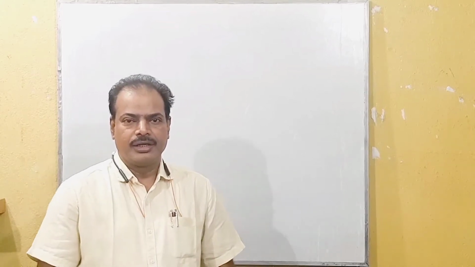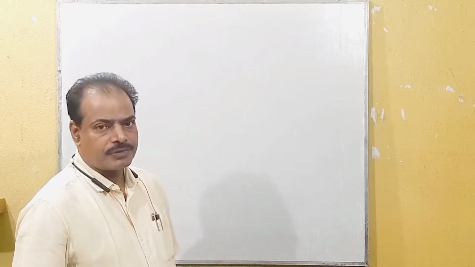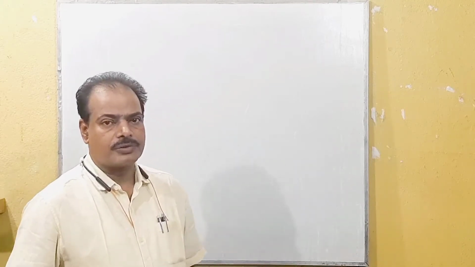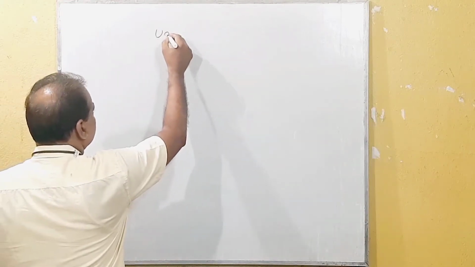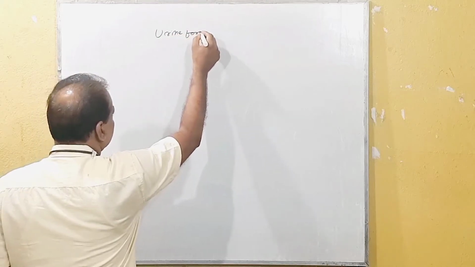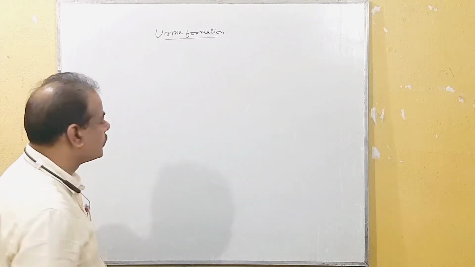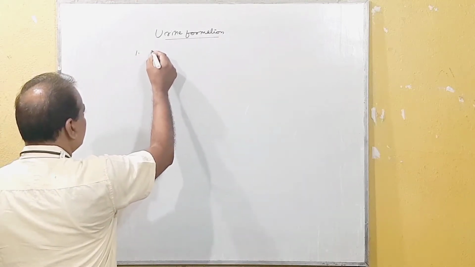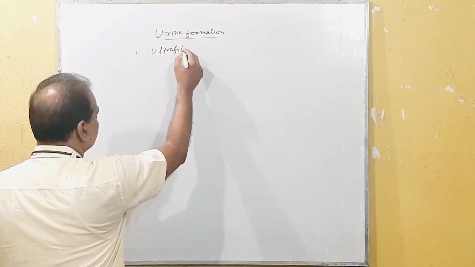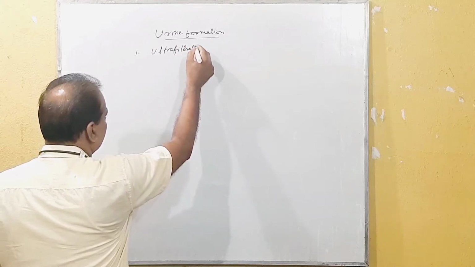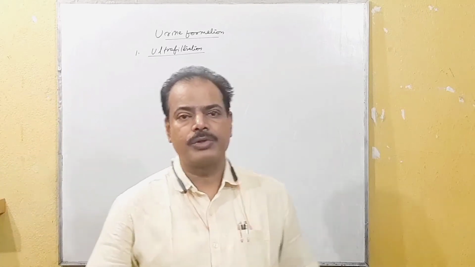Students, in this lecture we will study the functions of kidneys. First of all, the major function of the kidney is urine formation. Urine formation involves three major steps. Number one, ultrafiltration. Ultrafiltration takes place in the glomerulus of